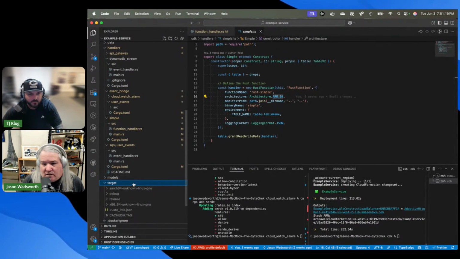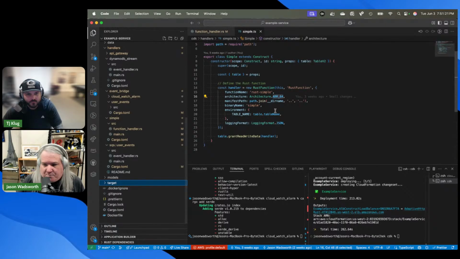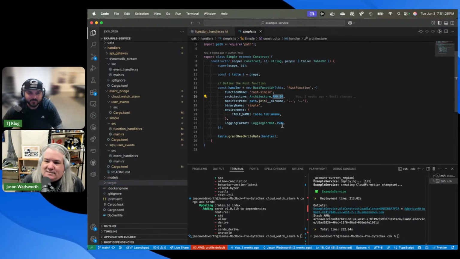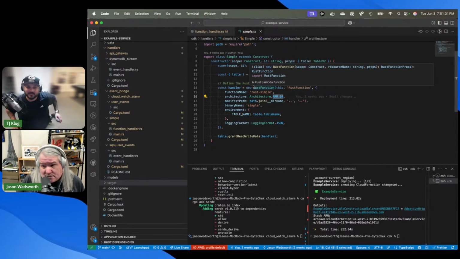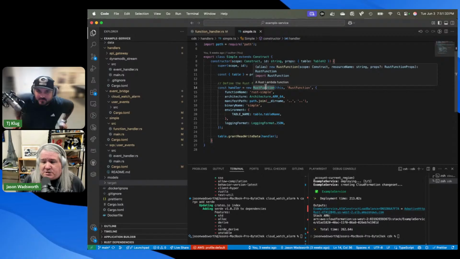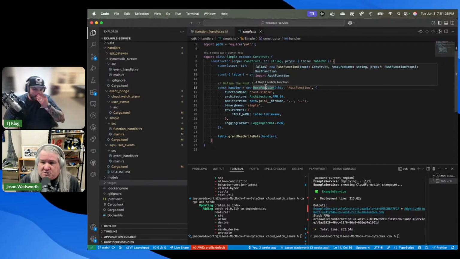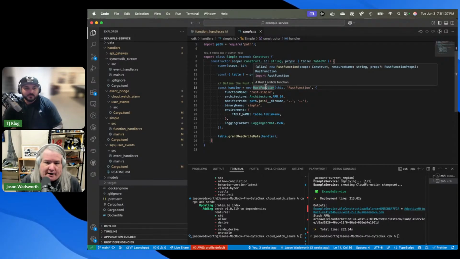So it really does all that for you. It ends up being really simple. The L2 constructs really save time. If you've ever tried to do that with an L1 construct, that's tough. It would just be a raw Lambda function, which would take a binary, some code. And then you would have to do the build yourself, find the right binary, and put it into it. This does it all for you, so it's actually pretty nice.